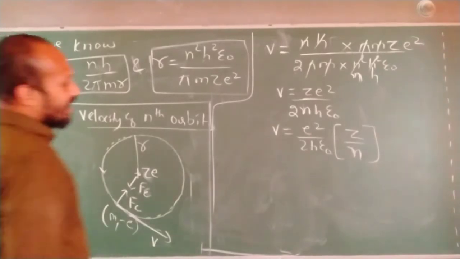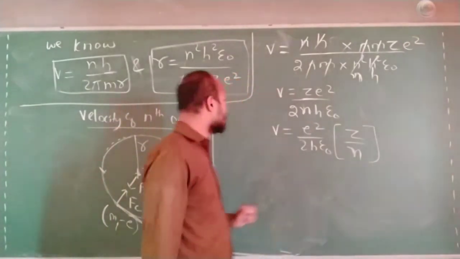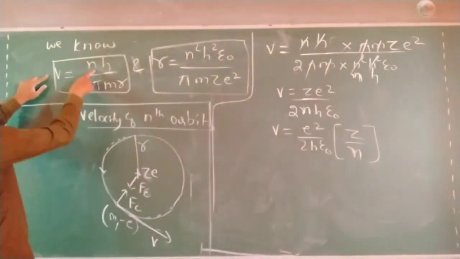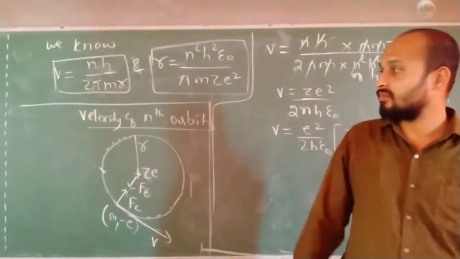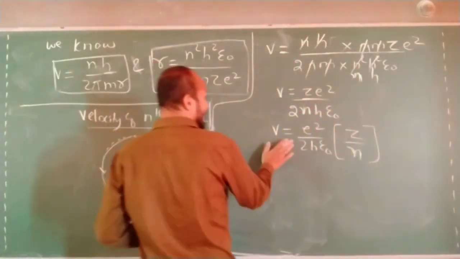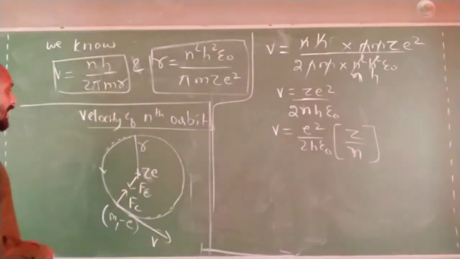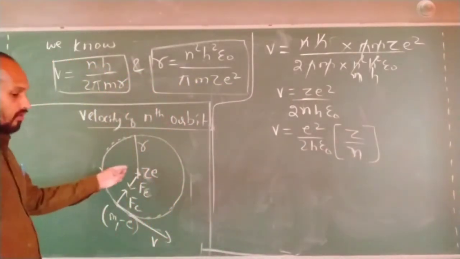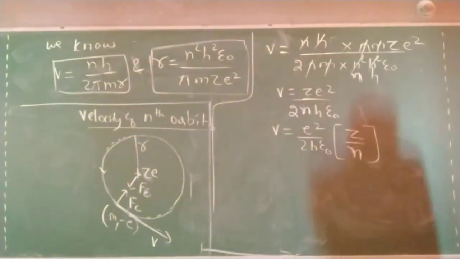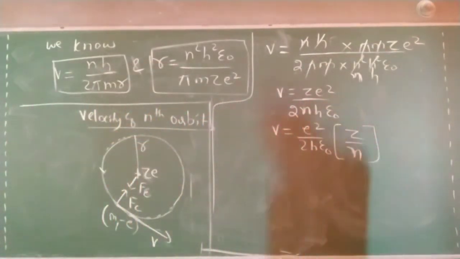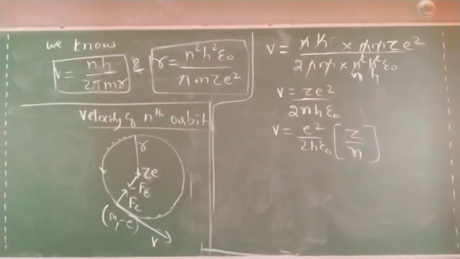One thing you can ask: sir, here v is inversely proportional to n, but here v is directly proportional to n. Correct, no? This question can come in your mind. See, this relation will tell that if the radius of the orbit is more,